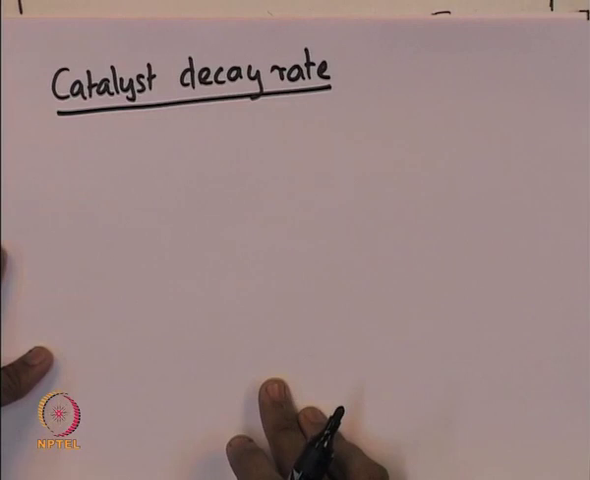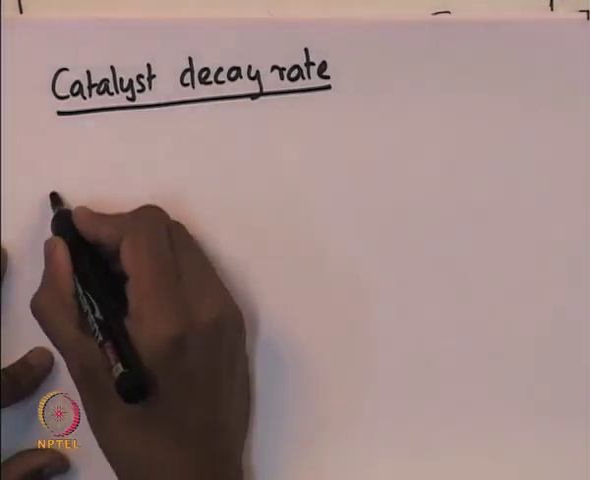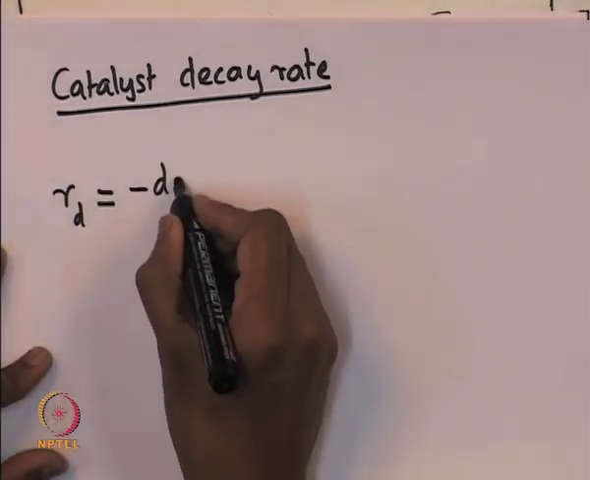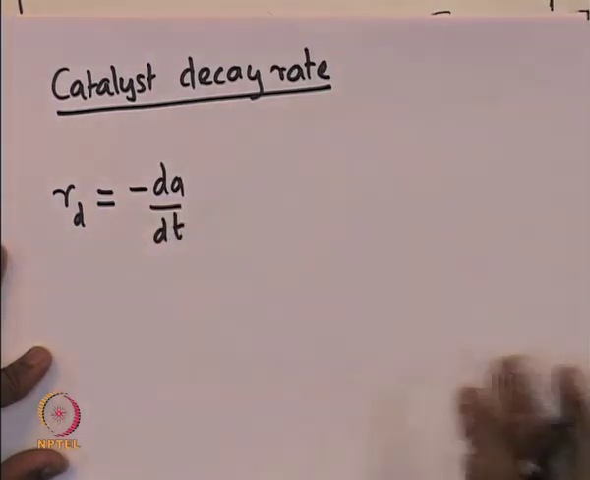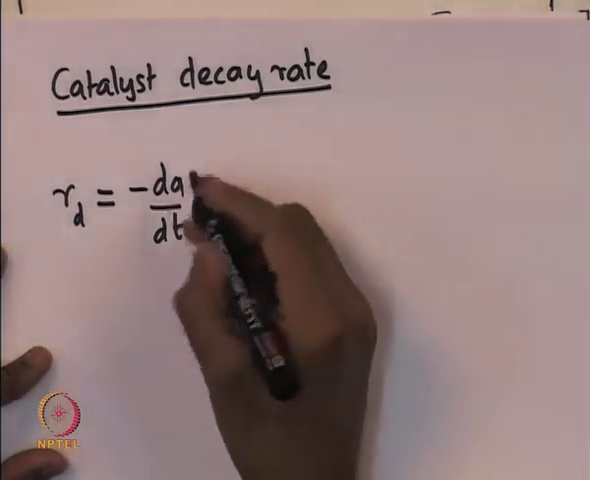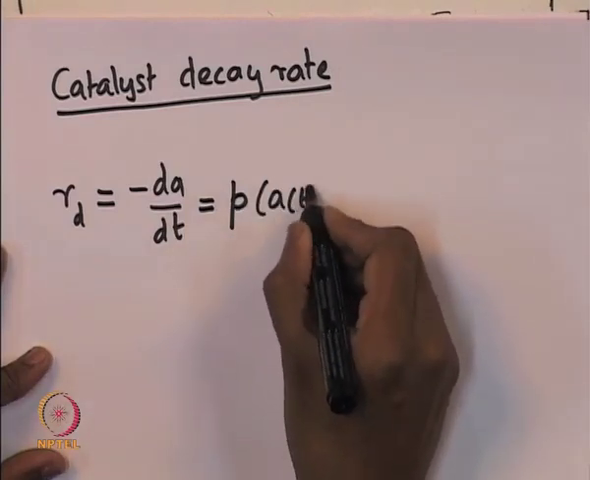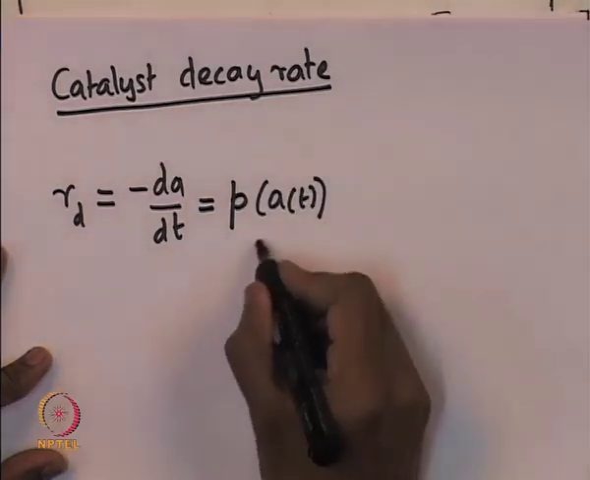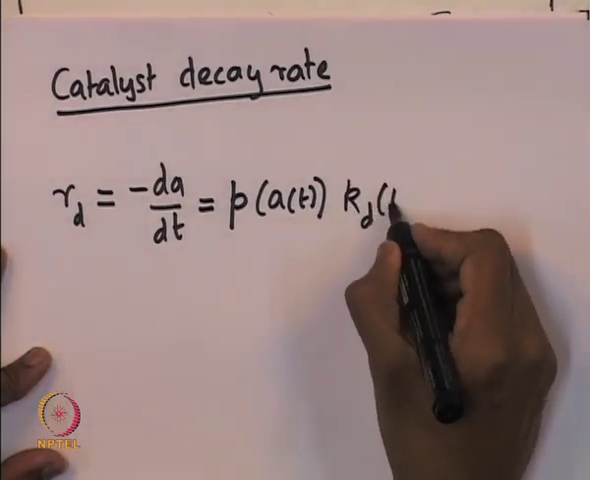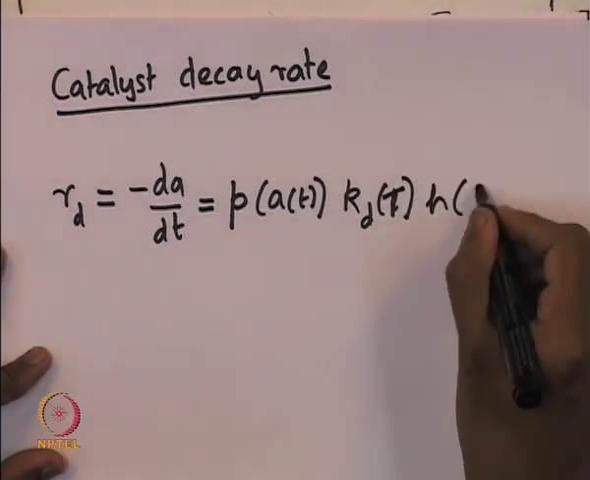So, the decay rate typically takes the same form as that of the rate law. Therefore, the decay rate R d is given by minus dA by dt, that reflects the rate of change of activity with respect to time, and that should be equal to some function p which depends on the activity itself, multiplied by the corresponding specific decay constant, which is a function of temperature, multiplied by some function of concentration